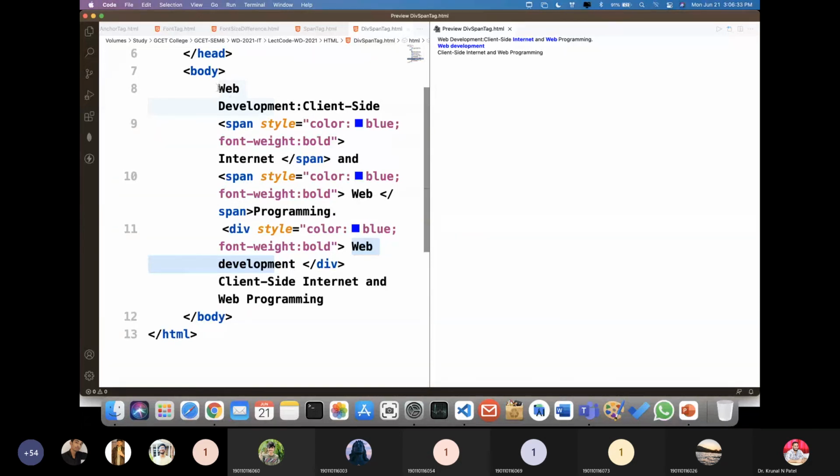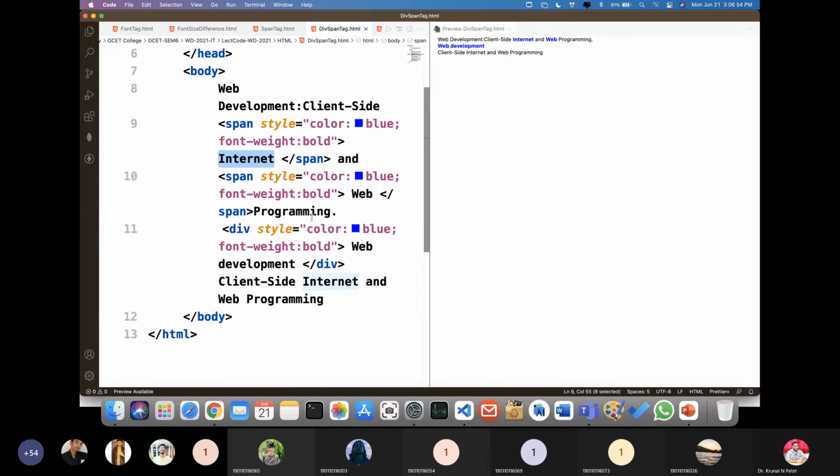So what is the flow of the content? Web development, client side. Then I have put a span because I want to make this internet blue in color. So here you can notice that. And span web programming. So it's like a phrase, right? It's one kind of phrase.